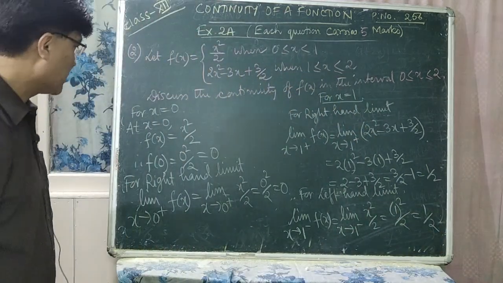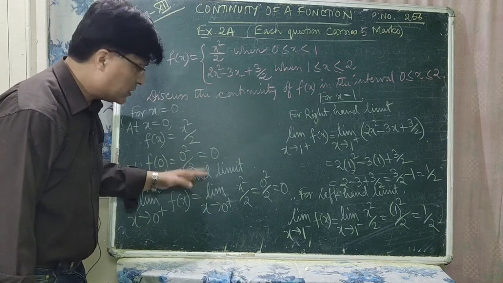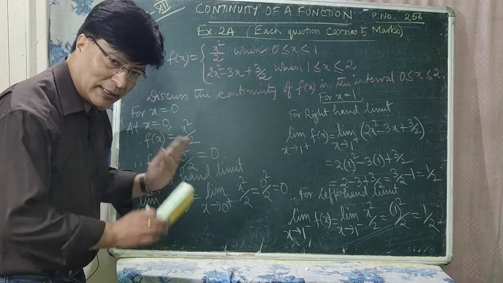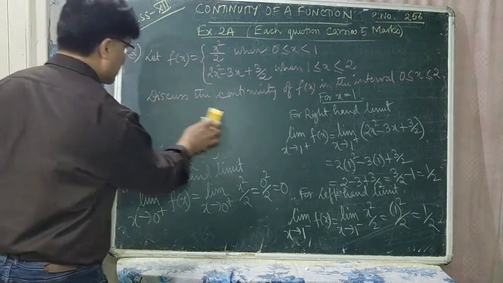Is that clear? So here both of these are equal, which means it is continuous at x is equal to 0 also, and on the right of x is equal to 0, it is continuous. Okay. Now next